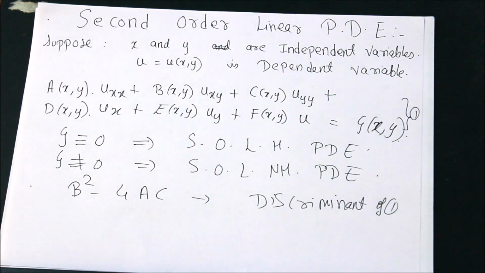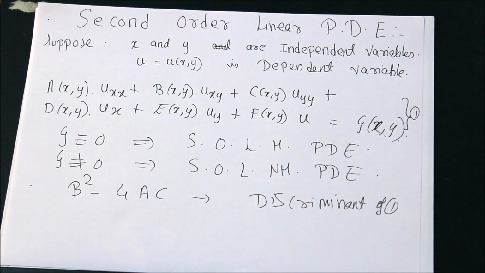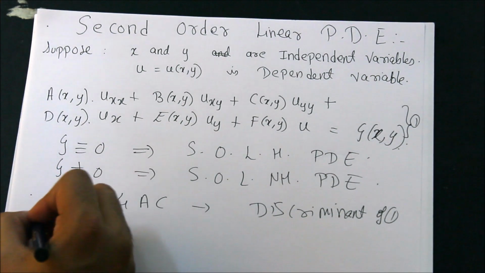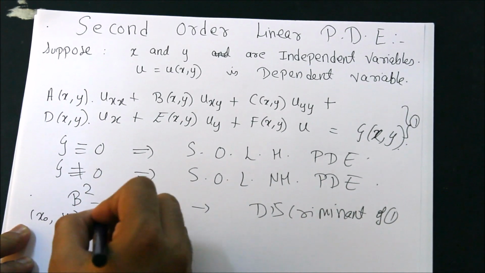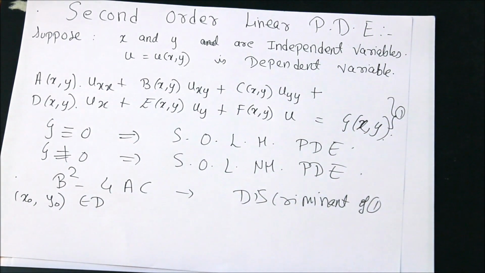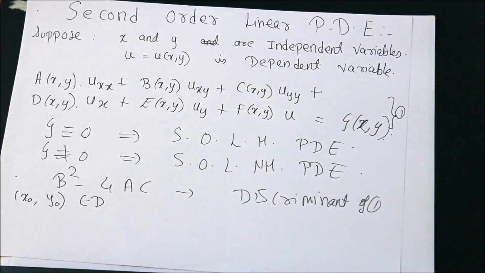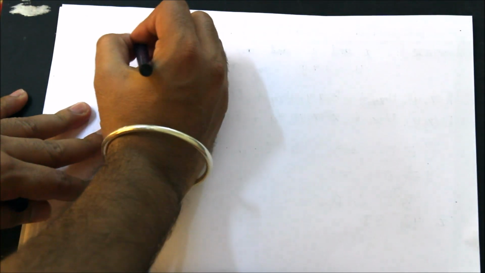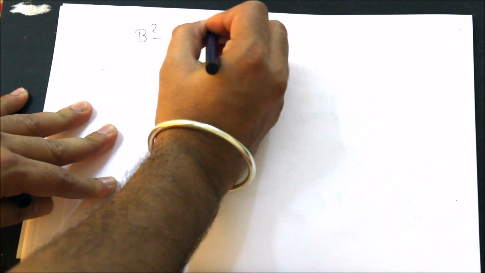So you consider b square minus 4ac. You take a point in your domain, in the space, say x naught comma y naught, and you put that value of x naught, y naught in b square minus 4ac. If your b square minus 4ac at that point